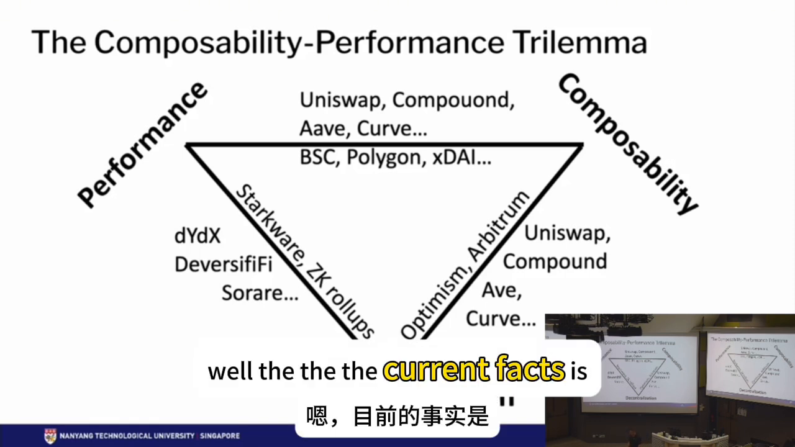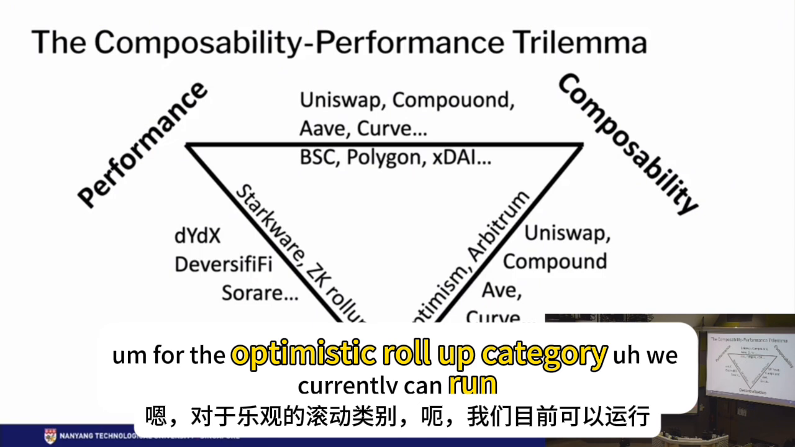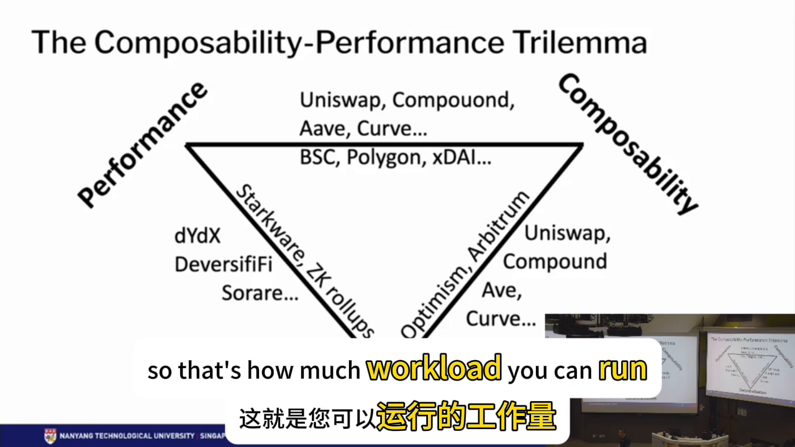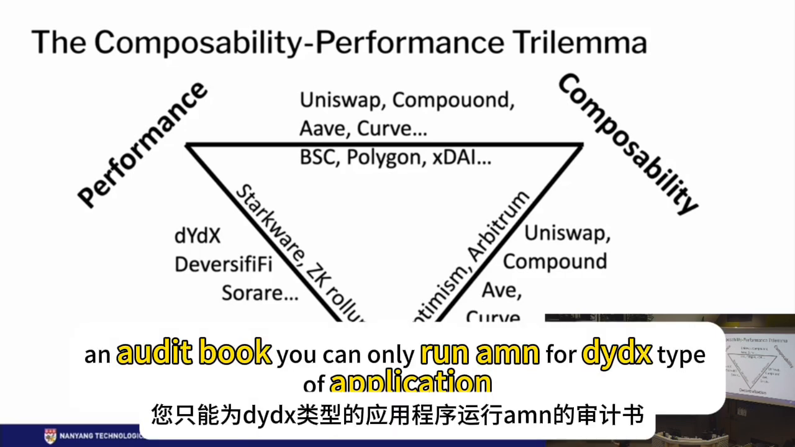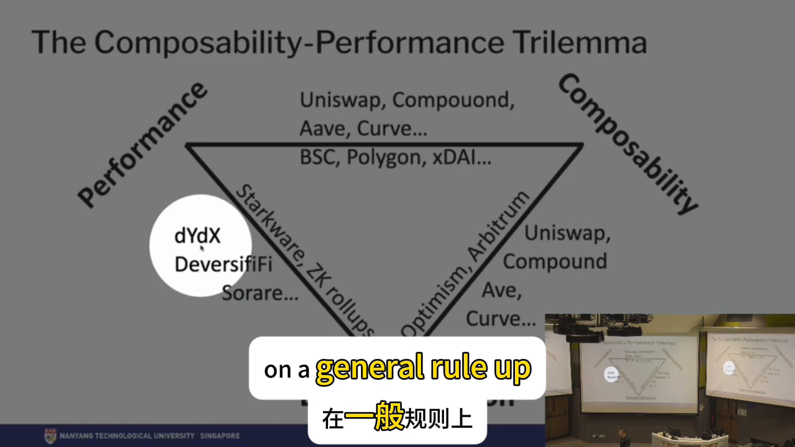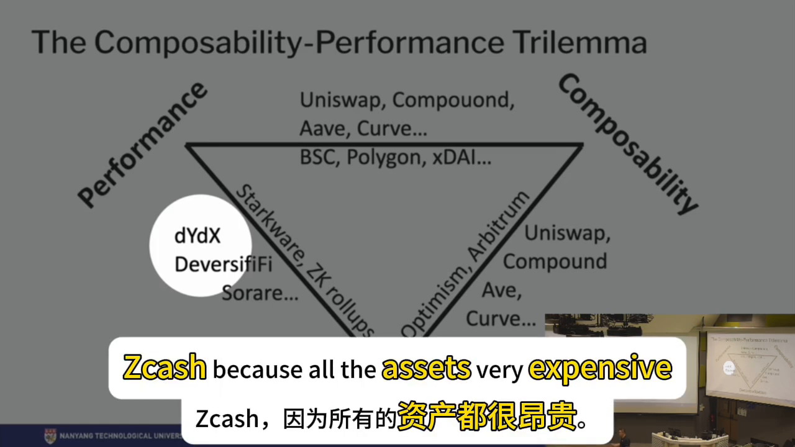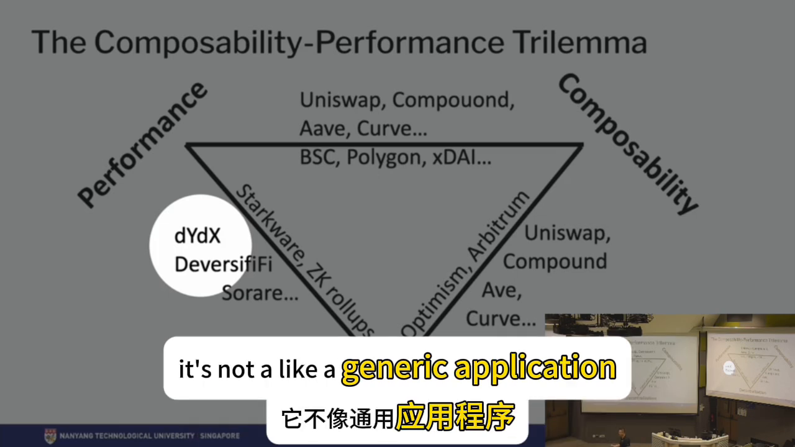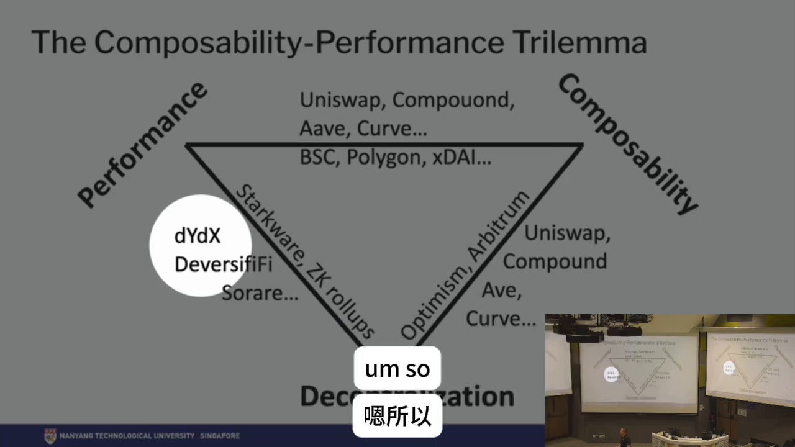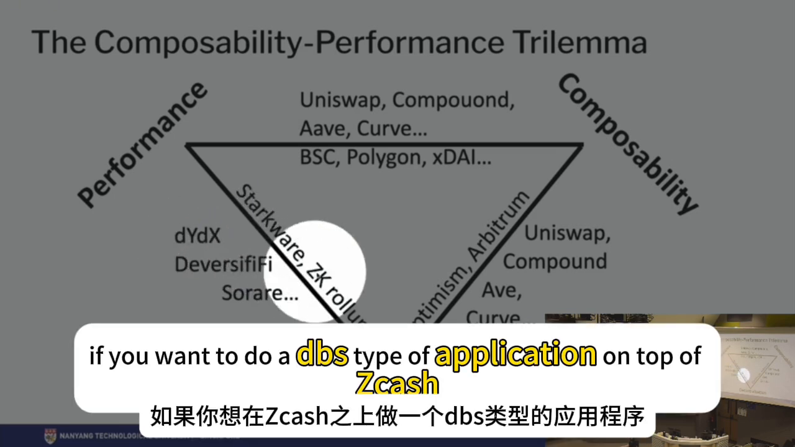The current facts are that for the optimistic rollup category, we can currently run roughly 1,000 transactions per second. That's how much workload you can run. That means you can't run an order book. You can only run AMM for a dYdX type of application. If you want to implement the whole logic of dYdX on a generic rollup, especially ZK-rollup, the assets are very expensive. It's not like a generic application where the assets are not that precious. So if you want to do a dYdX type of application on top of ZK-rollup,